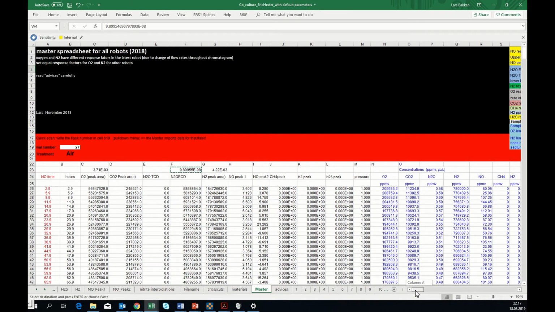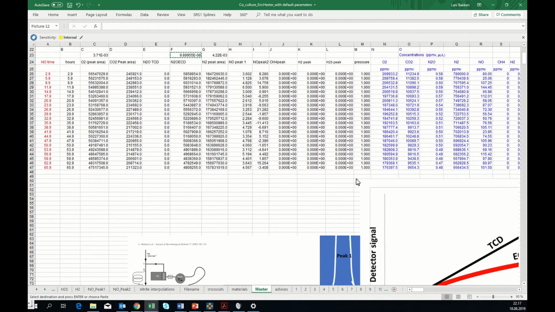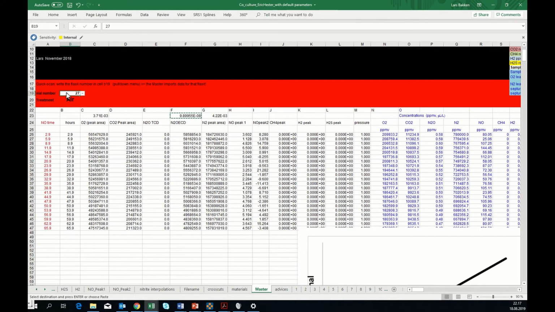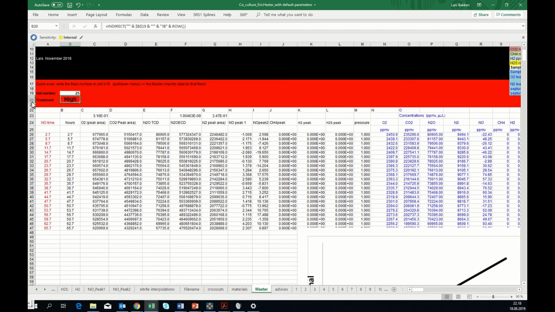Now the next thing you want to do with N2O is to calibrate the TCD. And for that you need a sample with higher concentration, and that is vial number 25, which is what I call my high standard. Both detectors will detect N2O, but the ECD will be outside the linear range, and we have to use the TCD. We shall calibrate the TCD, and I know that my standard contains 150 ppm, so I write 150